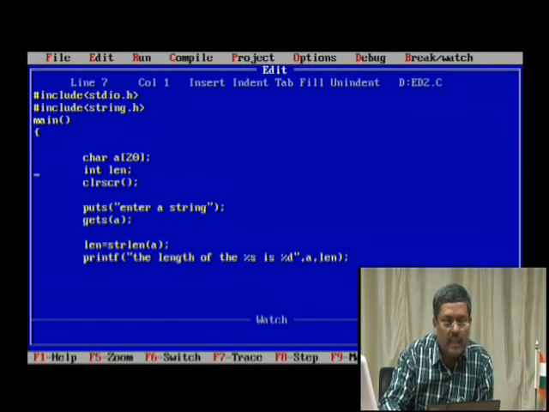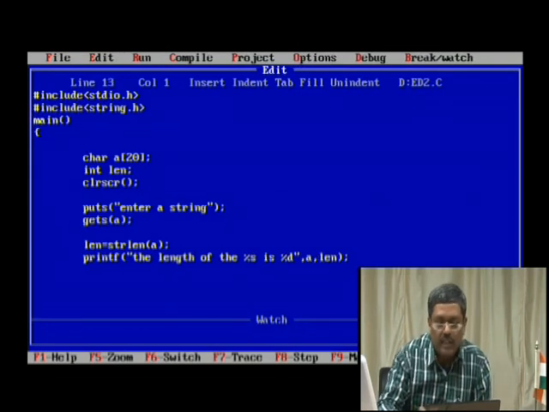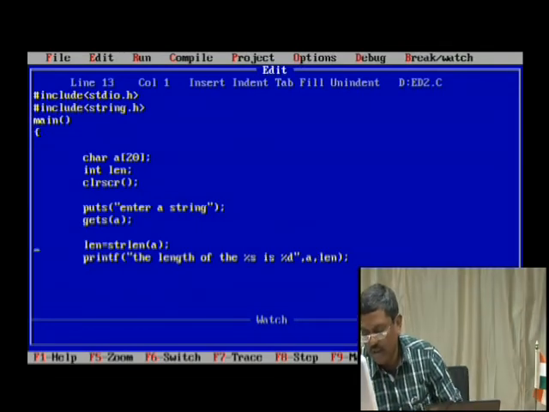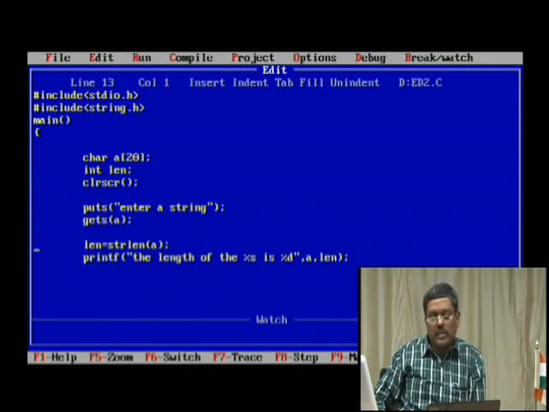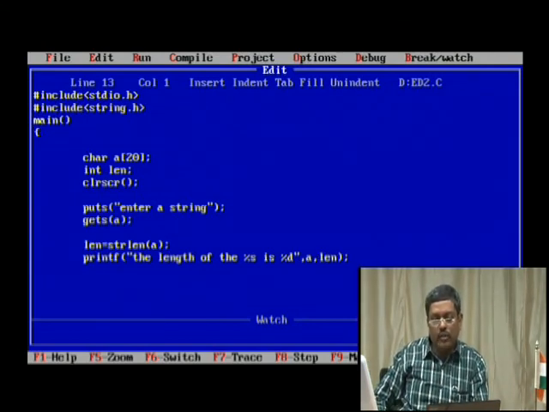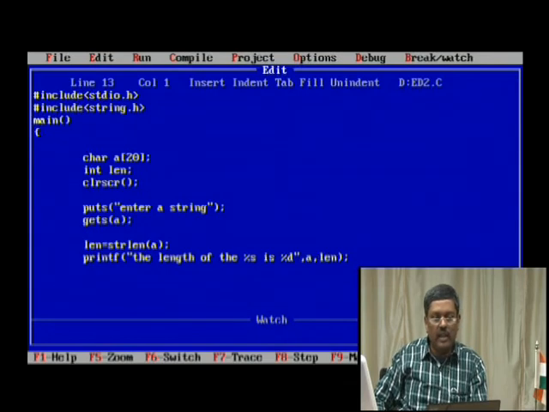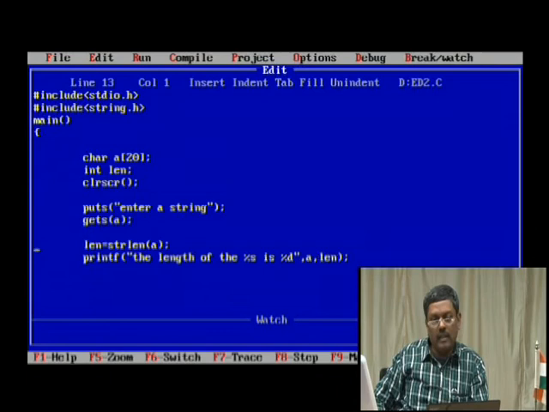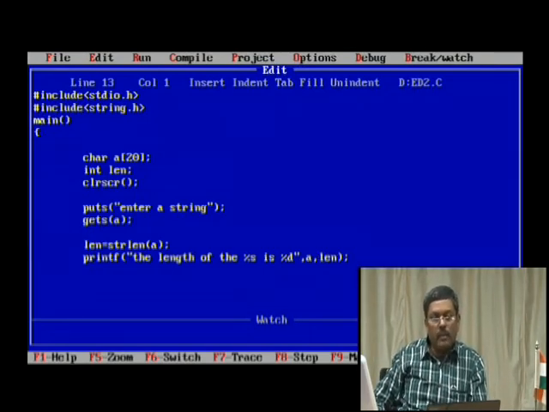So the declaration part and the input part, everything is okay, and calculating the length of the string is very important. Sometimes you see initially when I executed for the first time, I entered only Bill. Next time I entered Bill Gates. So that means my thinking is totally different. It is unpredictable. So that means I can enter a statement or a sentence, whatever you call, or even a single word which is having only 4 characters or 11 characters, etc. So then our program should be able to handle it.